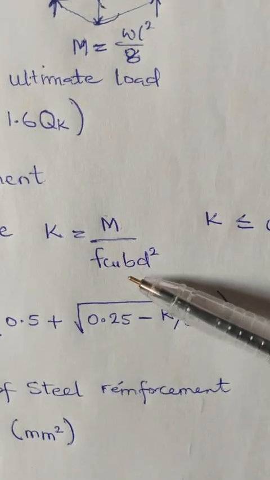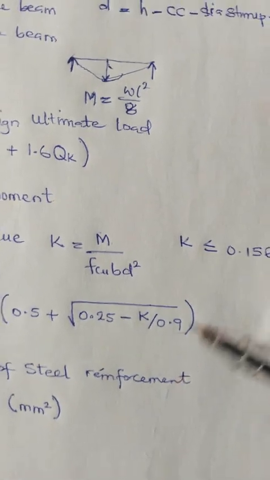Your b is 225, if it's a 225 width of beam you're considering. So when you